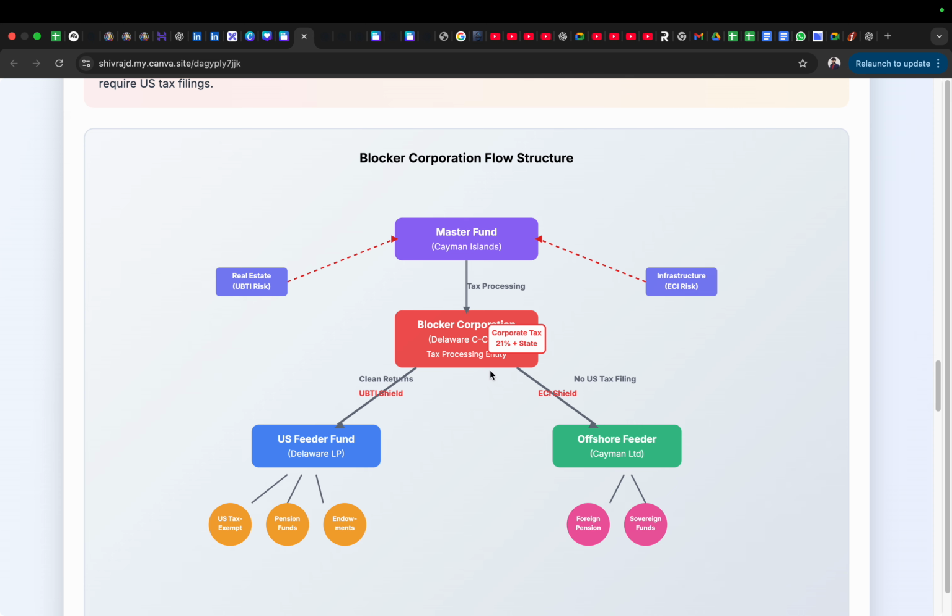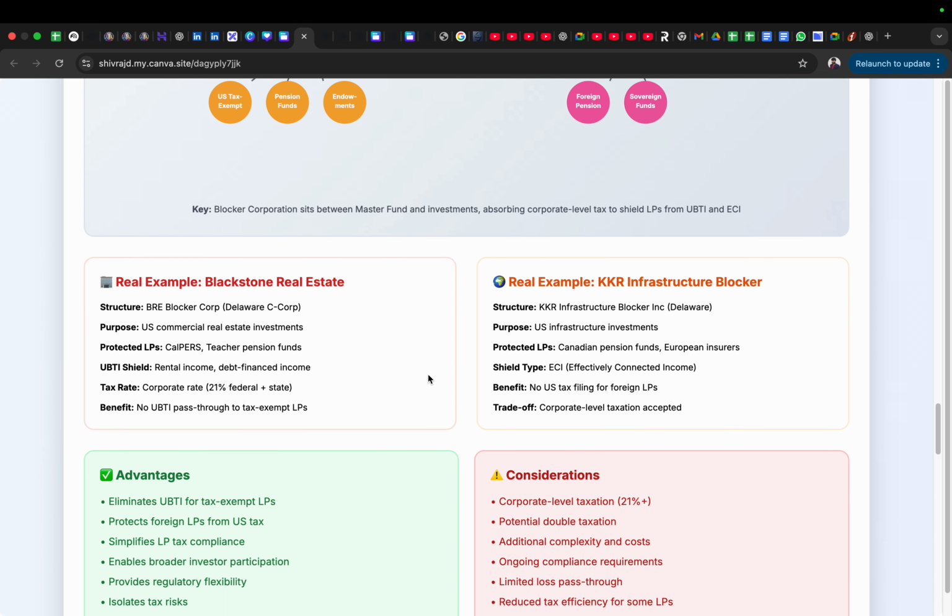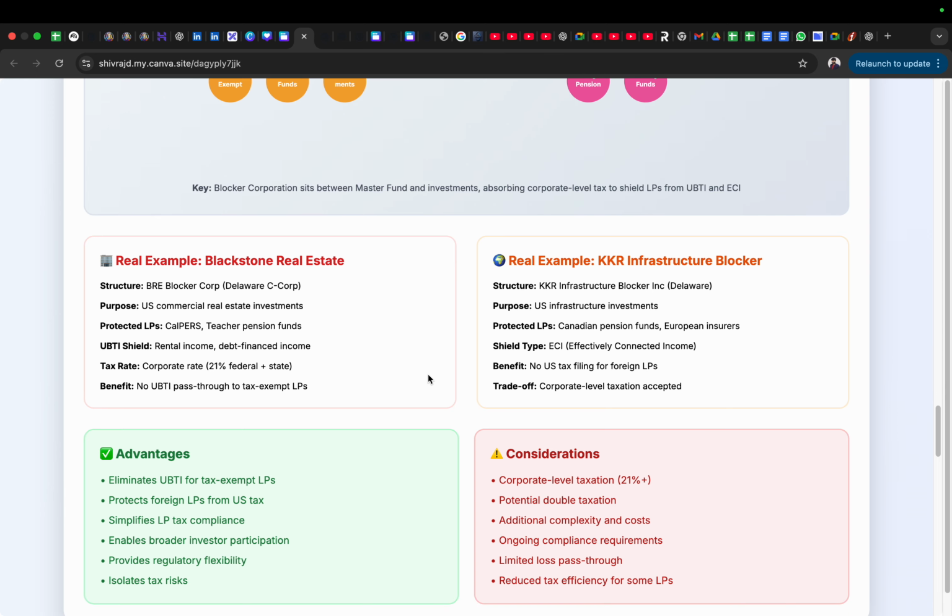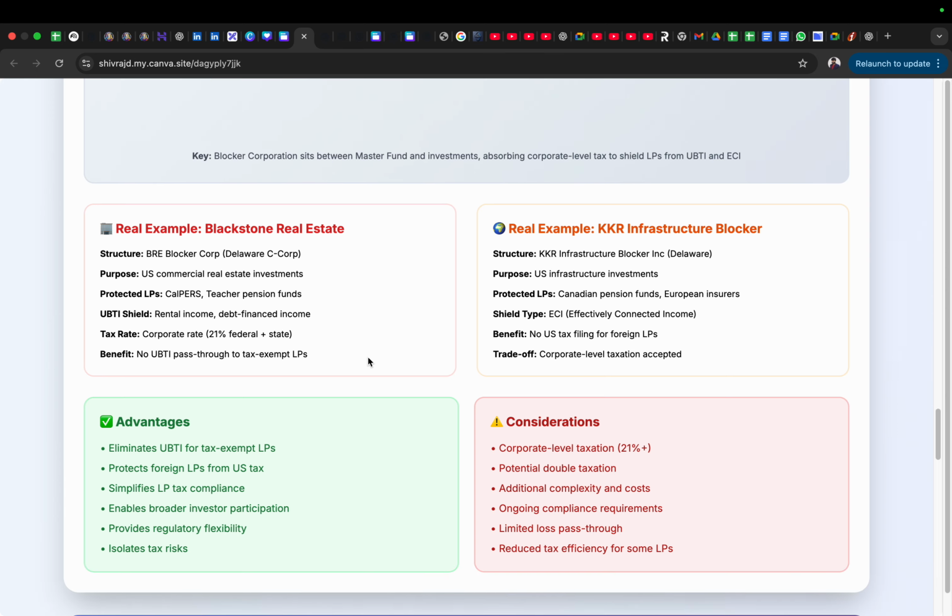So basically, this particular structure has an offshore fund registered in Cayman, so it needs non-US tax filing to calculate taxes and process it automatically. So here they have inserted a blocker corporation. All right. So again, this is again a structure. I don't want to go through